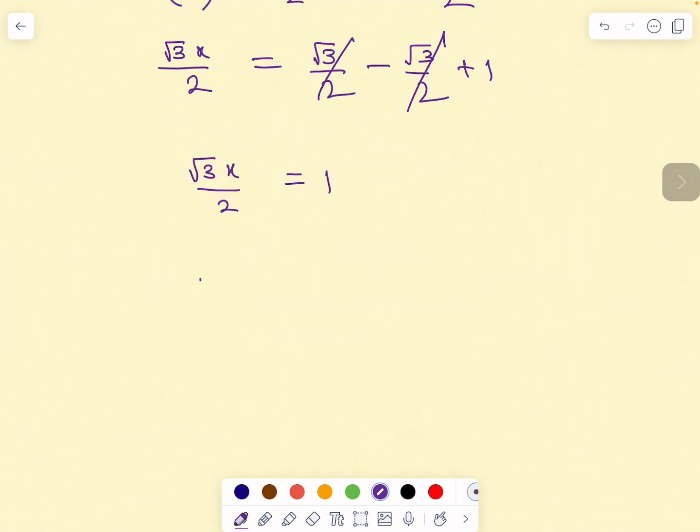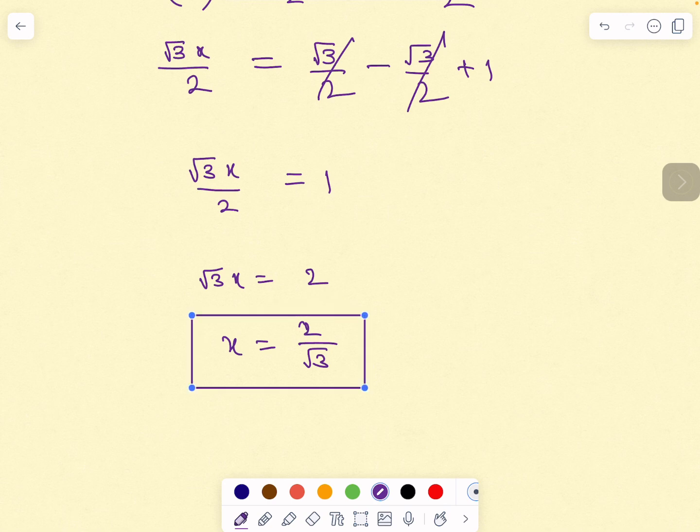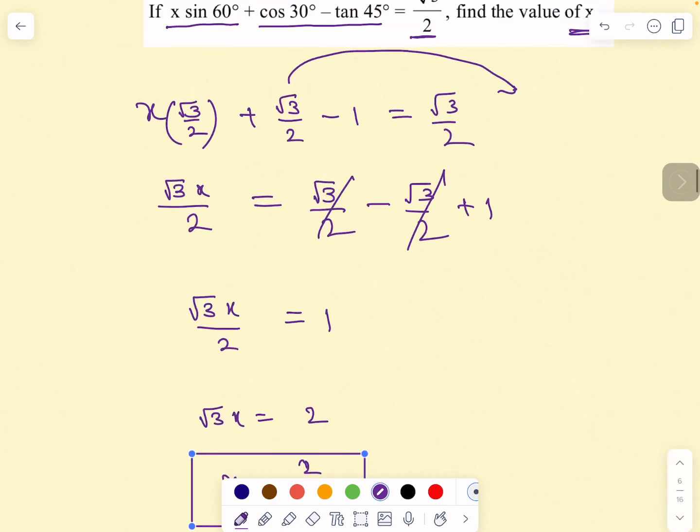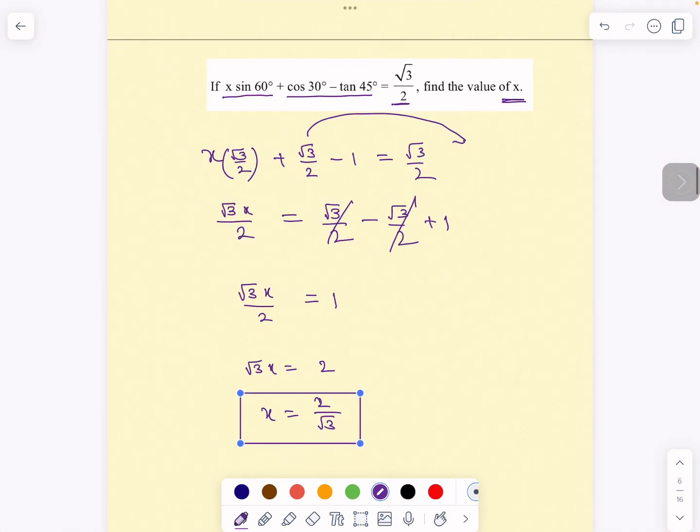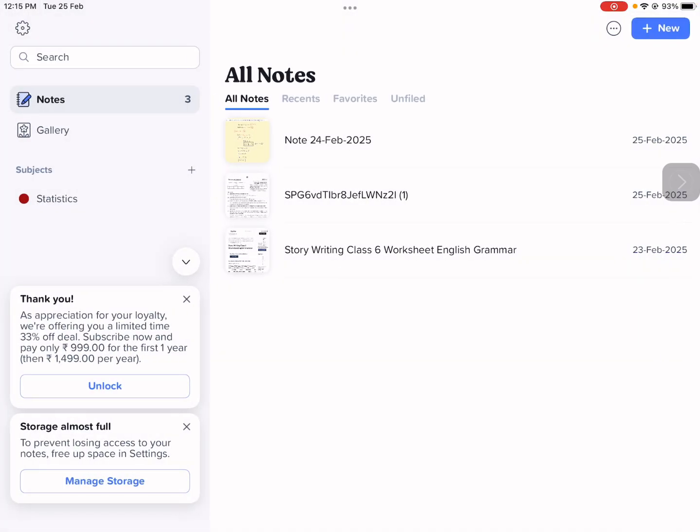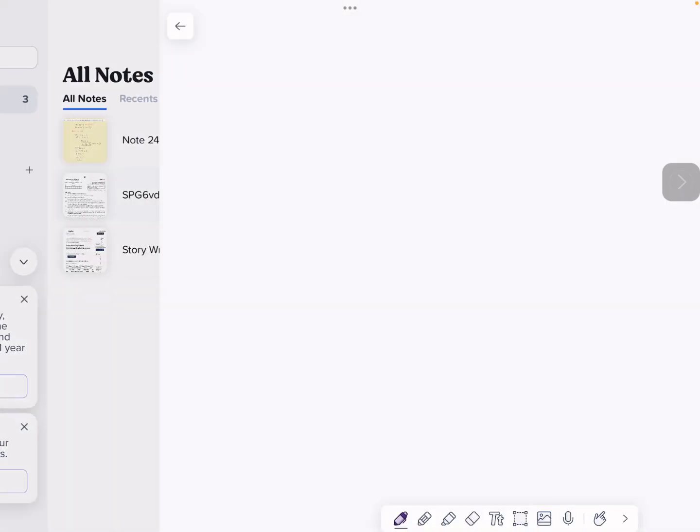Okay, then write the x value, x equal to 2 by 3, that's all. So root 3 x equal to 2 by 1. When you take the 1 to this side it will become into 2. So 1 into 2 is 2. x equal to, the root 3 you take to this side, it will become by root 3. So the x value is 2 by root 3, and this is the value of x. So next one is